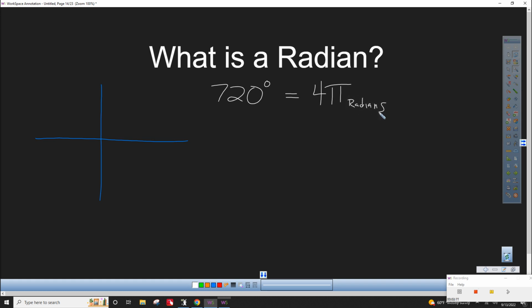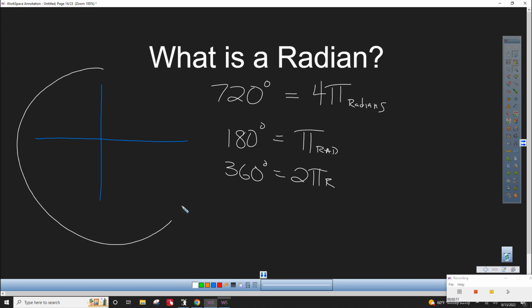All right, so what the heck does that mean? Well, here's what you need to know. 180 degrees is pi radians. So that means 360 degrees is 2 pi radians. Well, hold on, I recognize that. 2 pi r is the circumference formula. So if this is our radius,